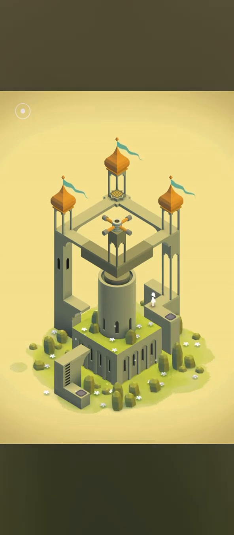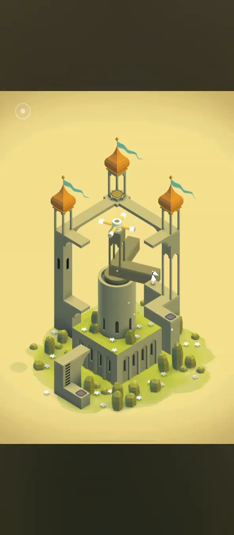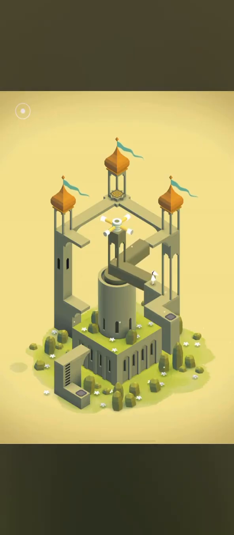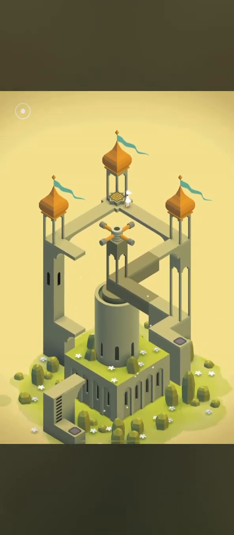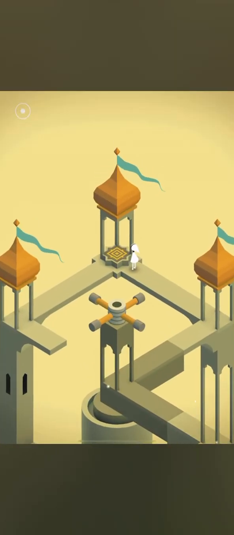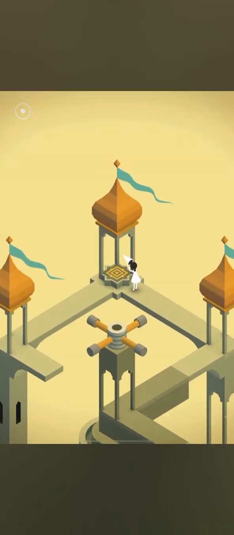Alright, so how do I get up to the top here? Oh, okay, I see another optical illusion. So real cool. This game does real good with the way that our eyes work and our perception of depth and everything like that.